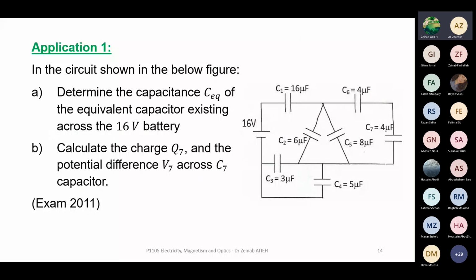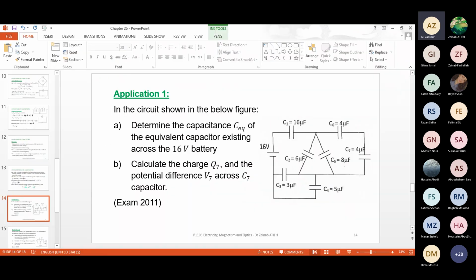Does anyone have a question? Doctor? Yeah. Are we responsible only for the green